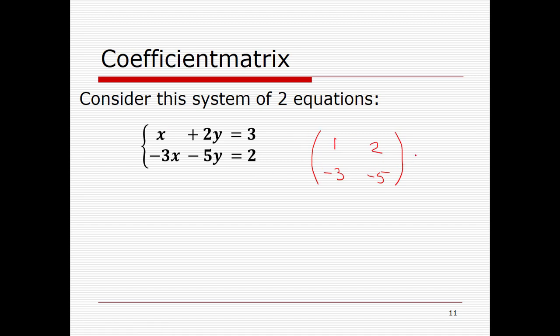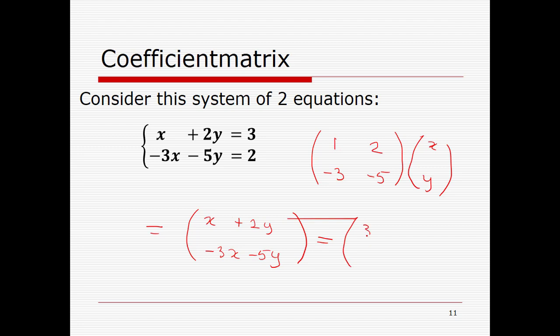And if we then multiply this one with x, y, it's amazing, but then we get 1 times x plus 2 times y, and minus 3 times x minus 5 times y. So that is exactly the left part of those two equations. So apparently this matrix product would be the same as the right-hand side, 3, 2. So now we have made a new representation of two equations, and it is called